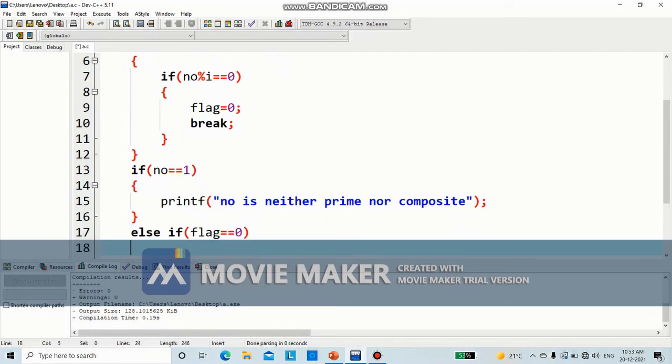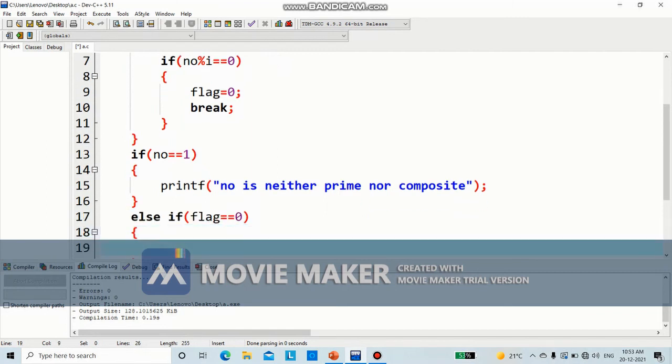So at that time what are you going to display? Printf, number is not prime. Okay, fine.